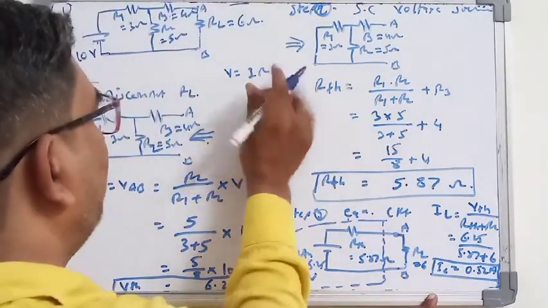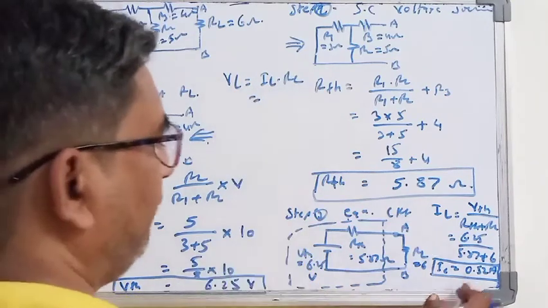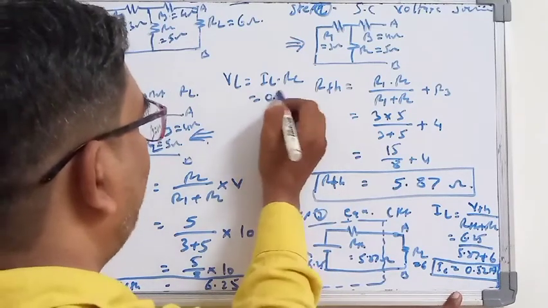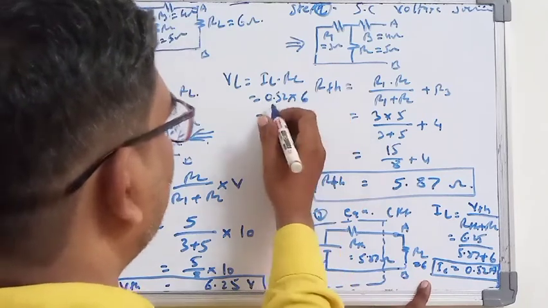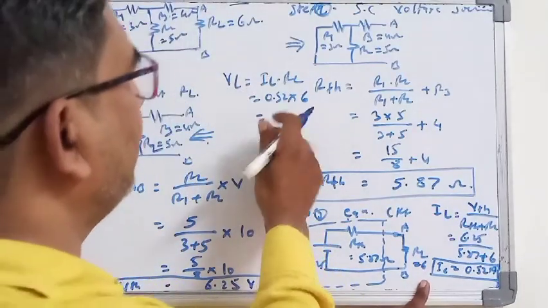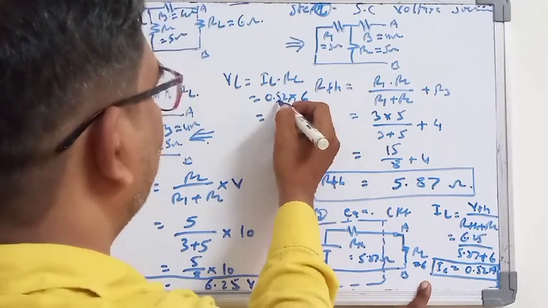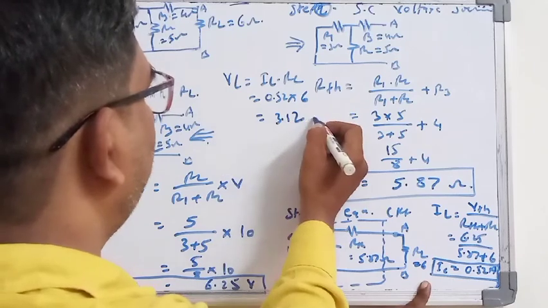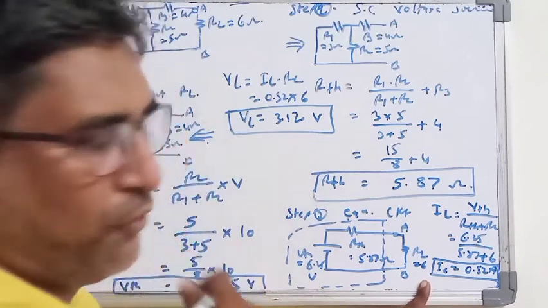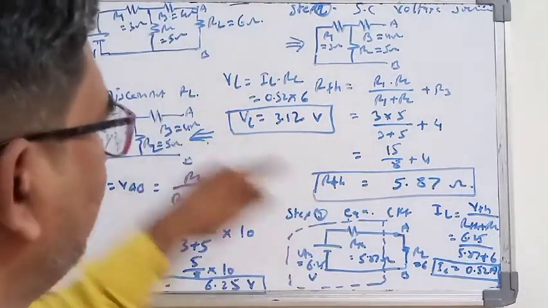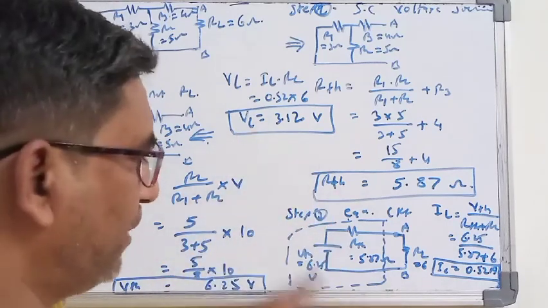Then VL value, VL is equal to IL into RL. We have just found the value IL, that is 0.52, multiplied by the value for RL, it is 6. So at the end, what you will be getting, 6 times 2 is 12, then 30, 31, 3.12 volt. VL is equal to 3.12 volt you will be getting. And since you may say that the line current and the line voltage flowing across this particular equivalent circuit